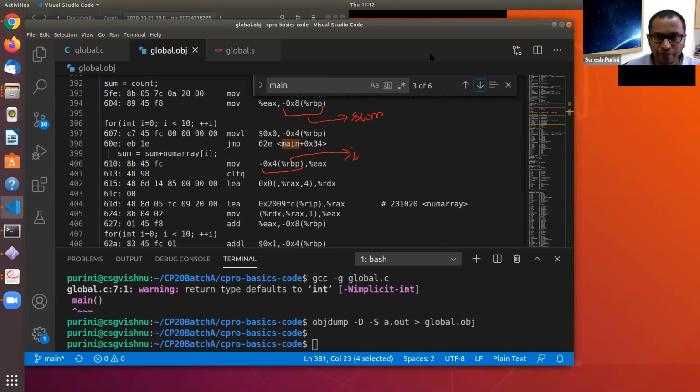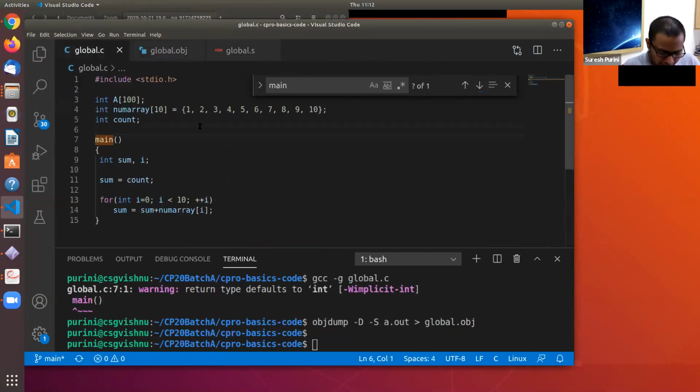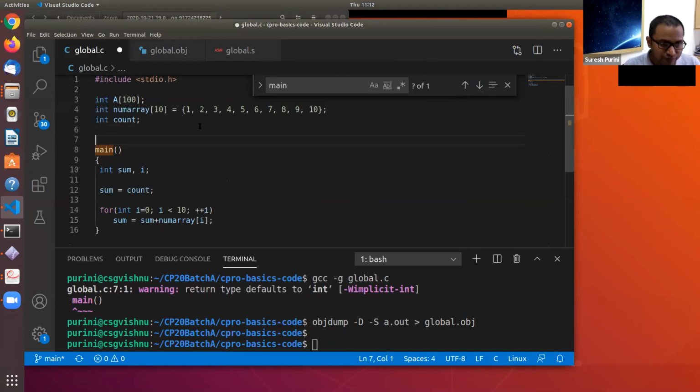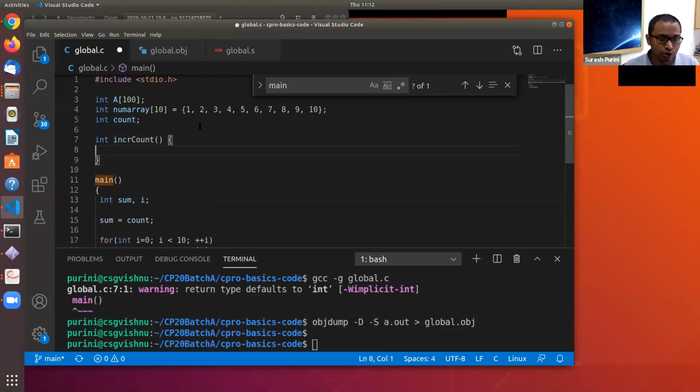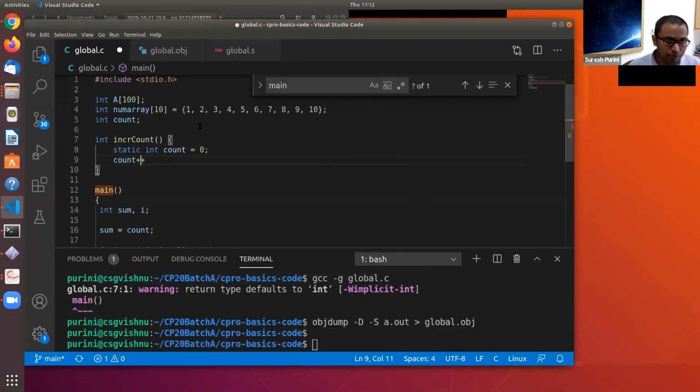All right. And in C, you have what are called static local variables. Static local variables have a lifetime throughout the execution of the program. For example, static int count is equal to 0, and count plus plus.